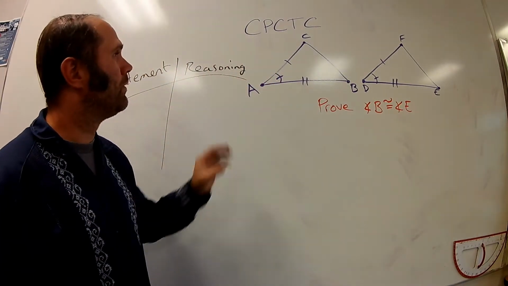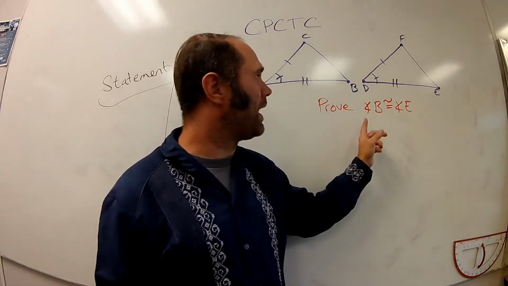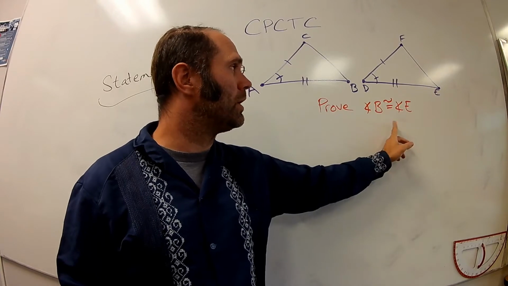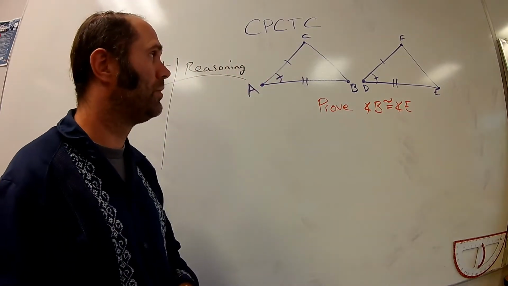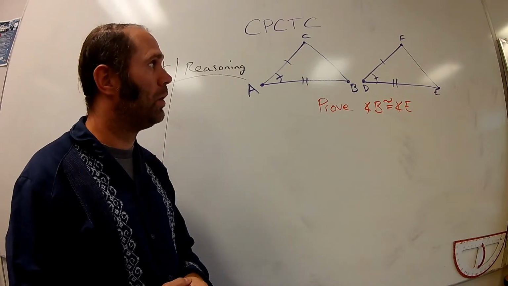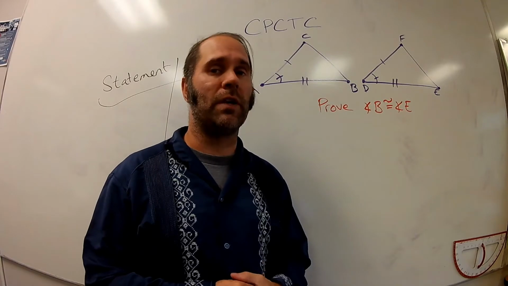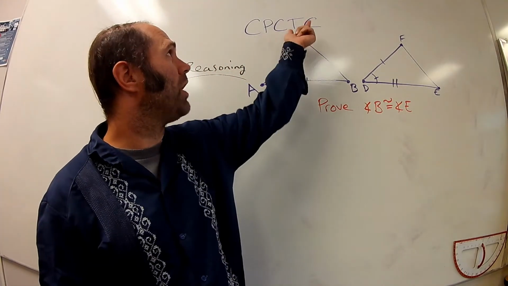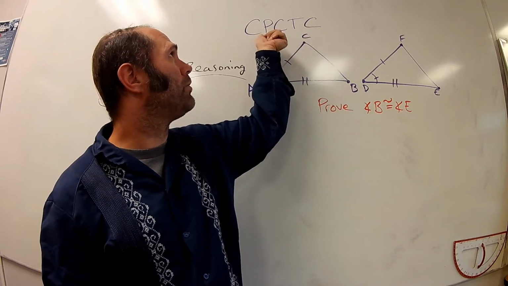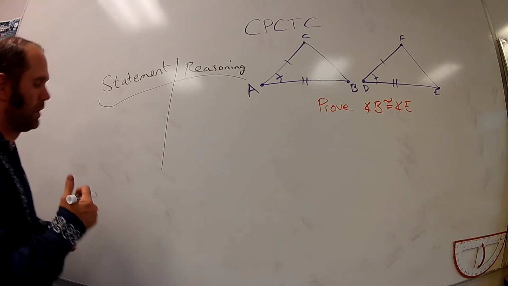So we've got two triangles, and we're asked to prove that angle B is congruent to angle E. It's not given to us. So we have to go a little bit farther beyond proving that the triangles are congruent. We're not just proving that the triangles are congruent, but their parts are also congruent. So here we have